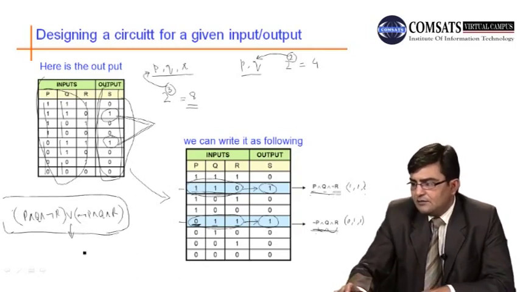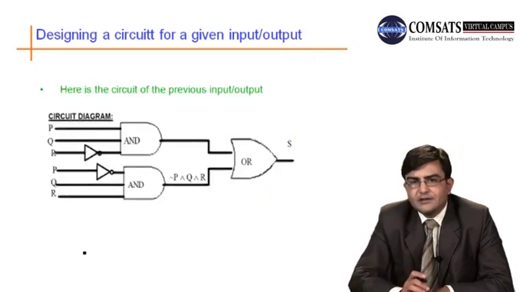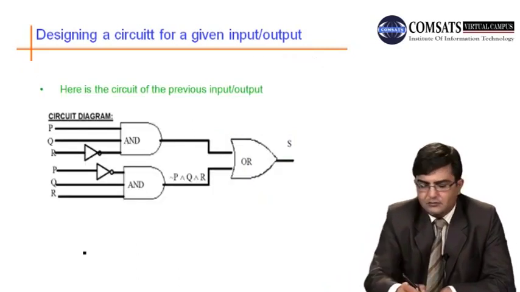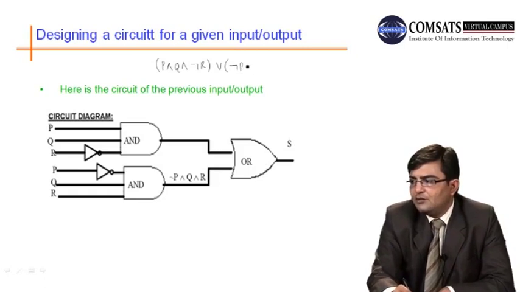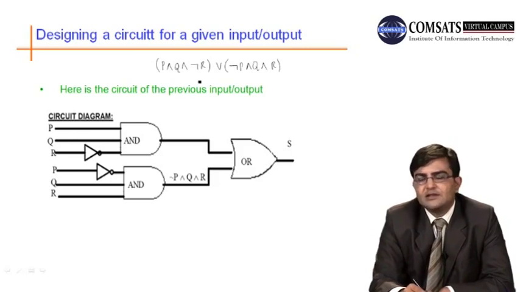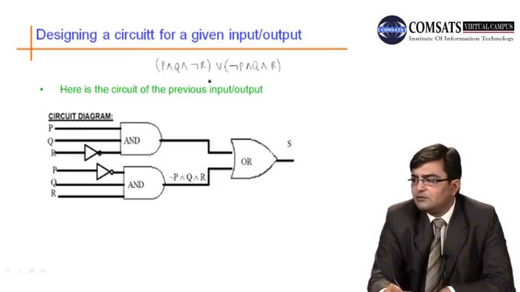So what is this? This is the circuit. What was the logical expression? Basically it was P and Q and not R, or not P and Q and R. Now to construct this circuit, first of all we see that we have 3 inputs,